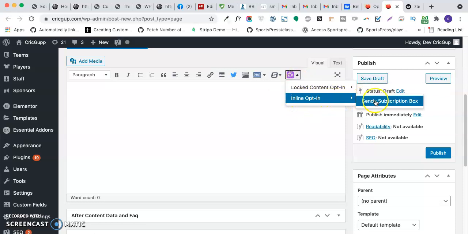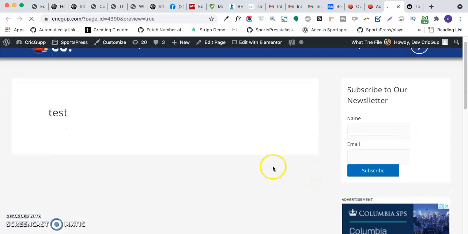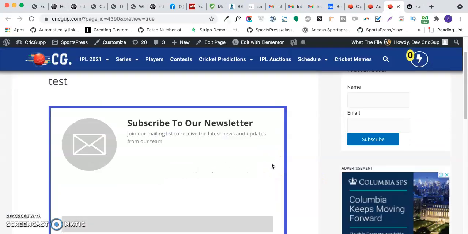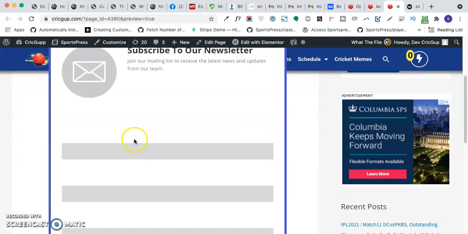Here I'm going to integrate the inline opt-in, that is the Sendy subscription box that I have already created, and I'll preview now. Alright, as you can see, we are seeing this box over here.